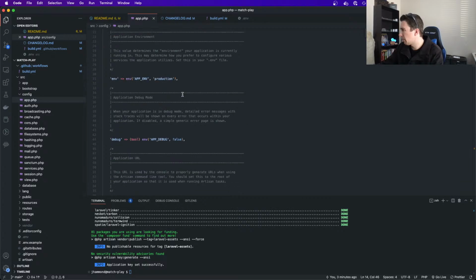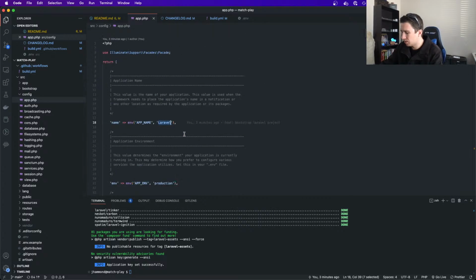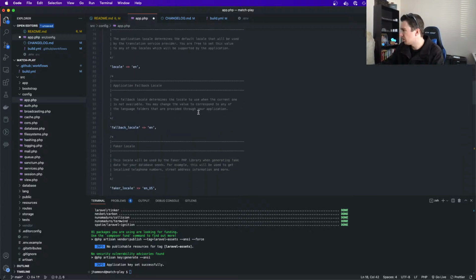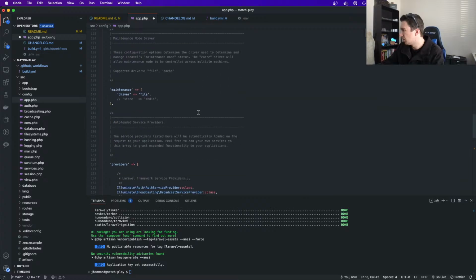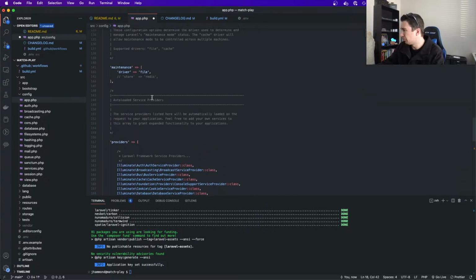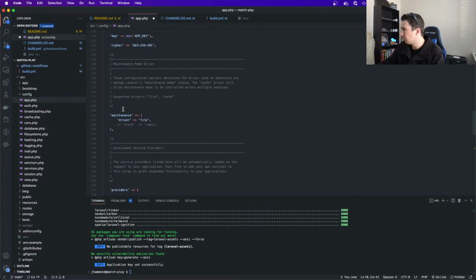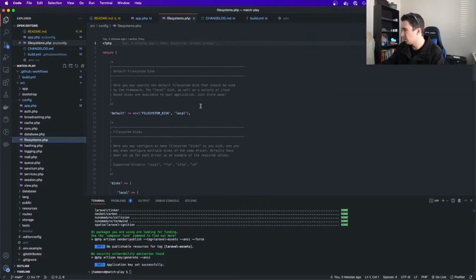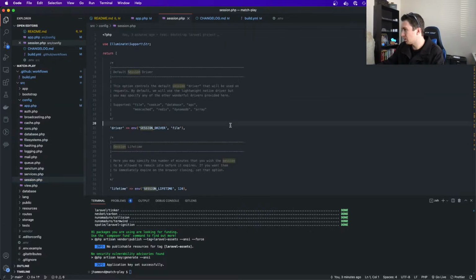Maybe it's an app. We want to change the name to match play. Localhost, UTC, English. Got our list of providers. Where is it? Oh, session is literally its own thing.